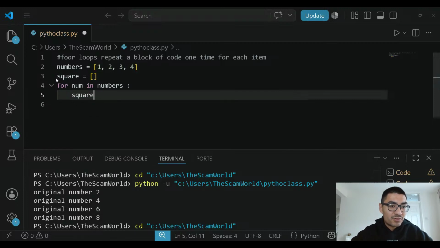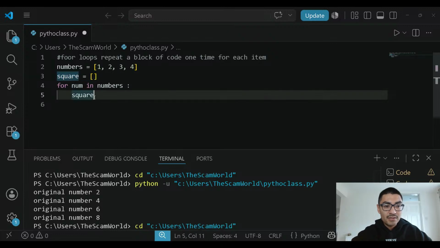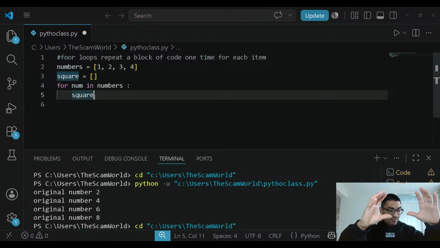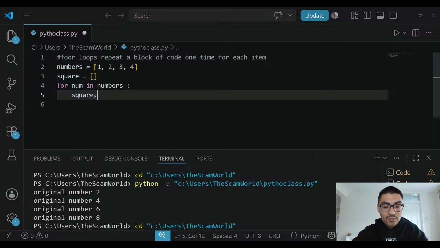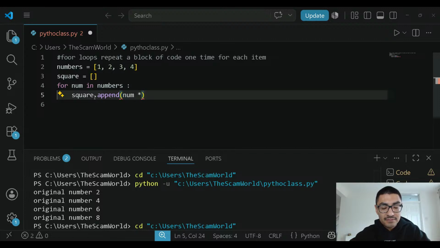Remember, inside a variable square, there's nothing. We have curly brackets used to set up a list. But I'm going to call that variable, and then I'm going to run it inside the for loop. So I'm going to say square.append, and then inside that, I'm going to specify the parameters that I want to happen. So I'm going to say that num times